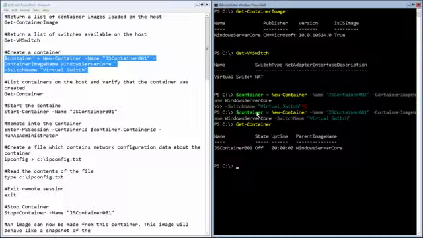It's off. Remember the graphics that we showed before? We've created a new container from the image. So let's start it up. Start container, name